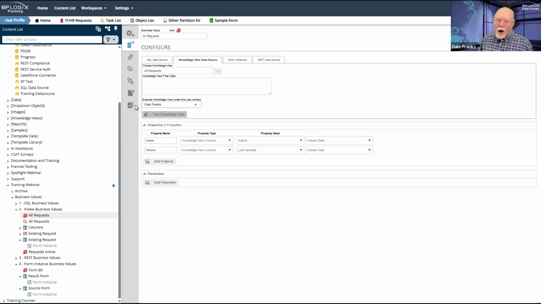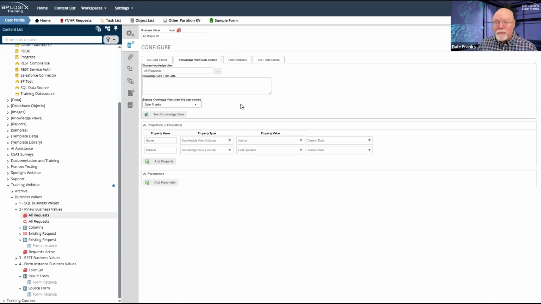So whenever you create the knowledge view, you're not only going to have to pick a user, but you're going to have to put in the password for that user the first time before you save it. Once you save it once, that user context is saved permanently unless you change it. So I don't have to go in and put my own password here, for example, every time I want to save this business value.